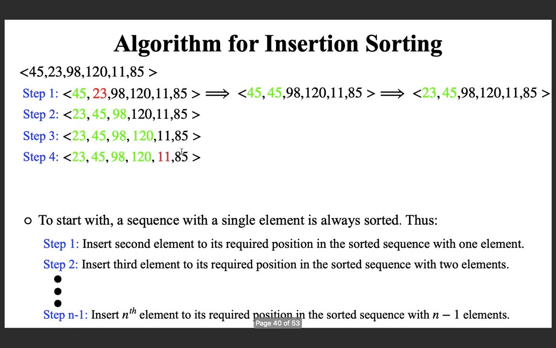So in the 4th step, you will try to now insert 11 into this sorted list. So where should 11 go? To the first position. So as long as you start from the right, as long as the element in that position is greater than this 11, you do a right shift. What you can do is, first you copy key here and then do this. Copy this element here, after that copy this element to this position, then like this, and after that finally 23 to this position.